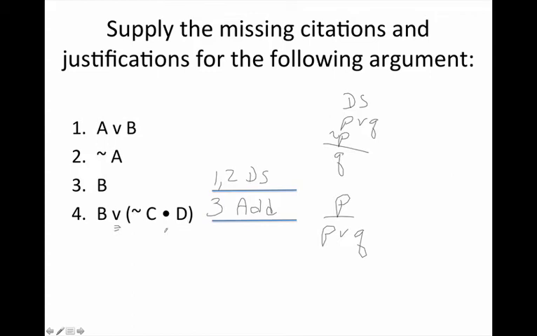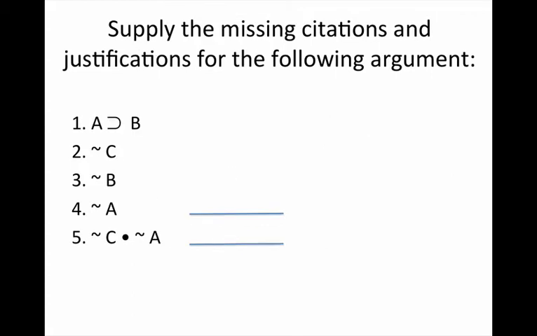And that statement can be complicated, right? It doesn't have to be a simple statement. Okay, in this proof, we've got 3 premises and then 2 derived lines, the last of which is the conclusion. So one of the things that you should do is look at what you're given and see what rules might